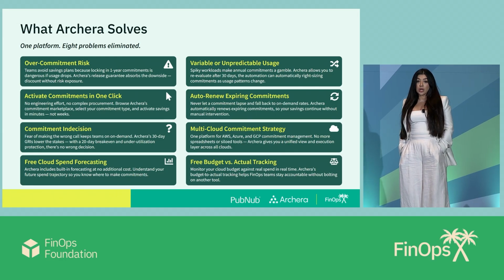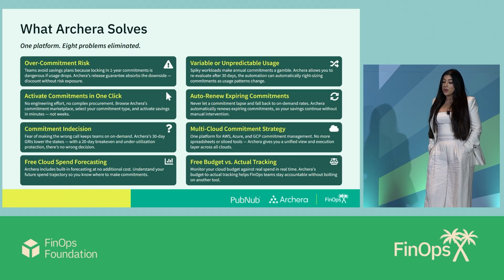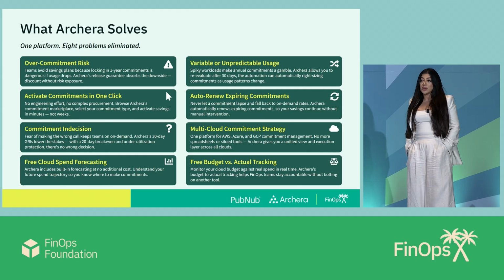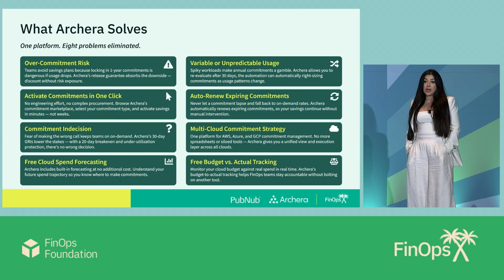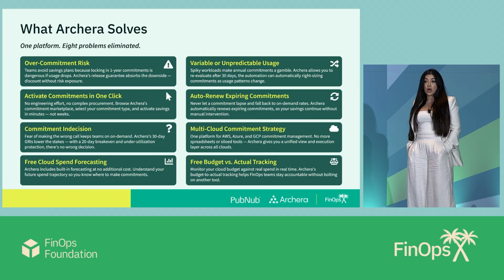So if you're a multi-cloud shop, we can support all the hyperscalers, AWS, Azure, GCP, and also a very unique feature we have is free auto-renewal of your expiring commitments. I don't know about you, but sometimes you may open your bill and notice all of a sudden you have a spike. And it could be because you had a commitment that was expiring and you simply missed it. So with Archera, you can actually set up auto-renewals, and on the date that that commitment is set to expire, it'll actually auto-renew with whichever terms you've selected.